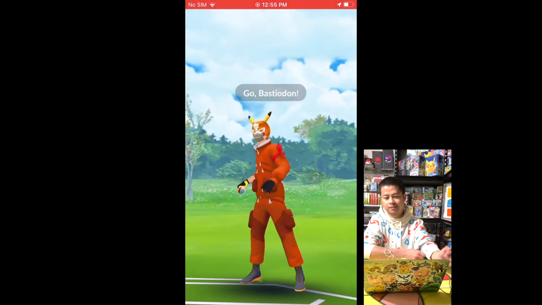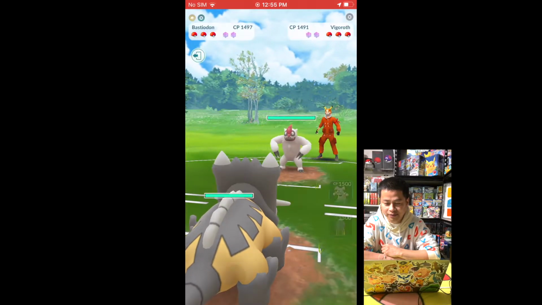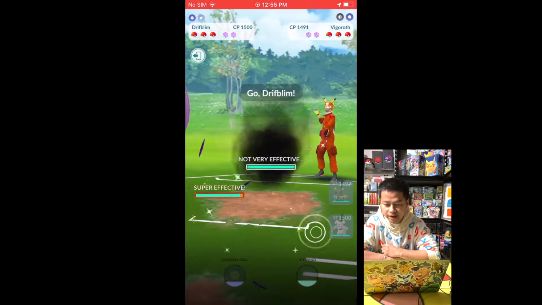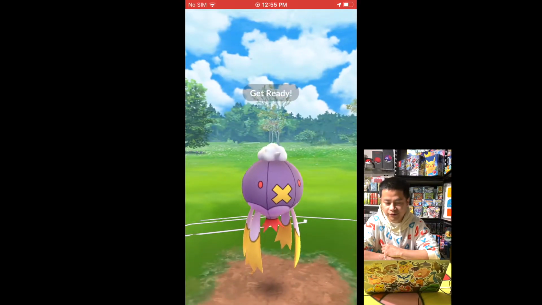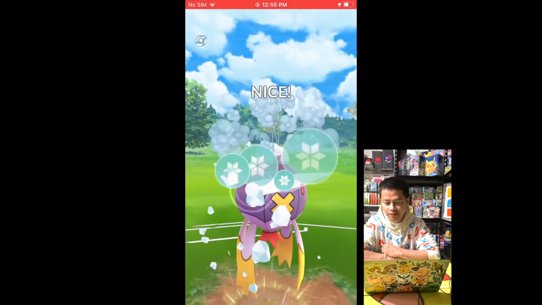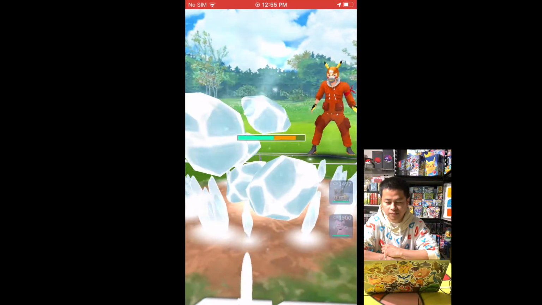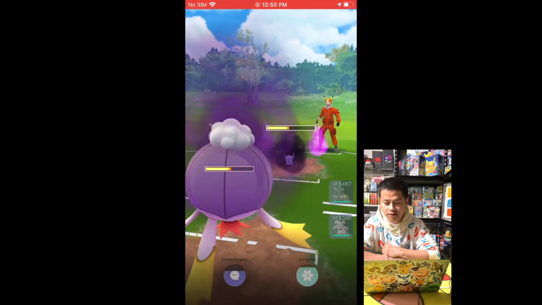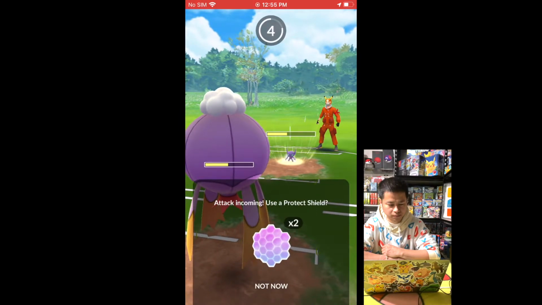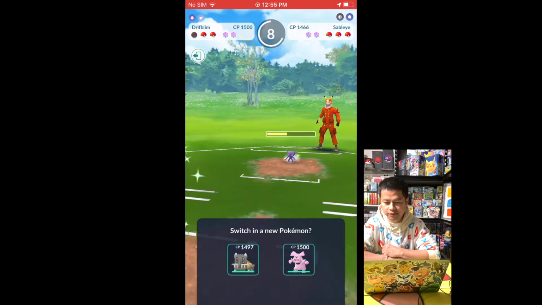Alright, next one. Now this one we're losing because Vigoroth is definitely a counter for Bastiodon. And now he even has a counter for our DrifBlim. DrifBlim is weak against Dark type, so you're just gonna try to do the Icy Wind as quick as you could. I don't think we could win this one. We got 2 counters against us. And let's see if we could